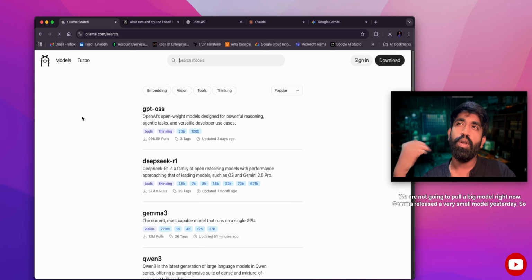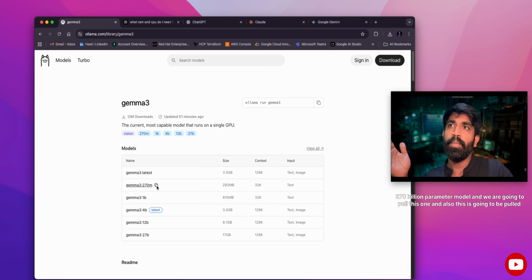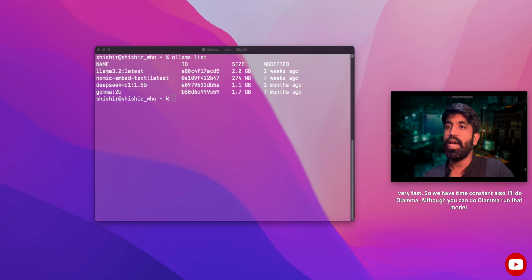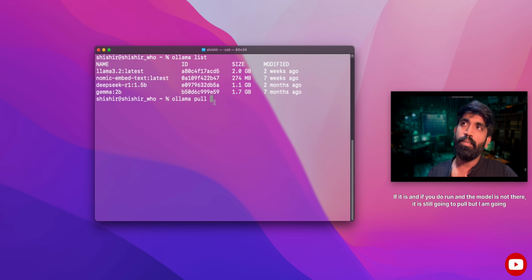We are not going to pull a big model right now. Gemma released a very small model yesterday, a 270 million parameter model, and we are going to pull this one, and it is going to be pulled very fast, so we have time constraints. I'll do ollama pull. Although you can do ollama run that model,